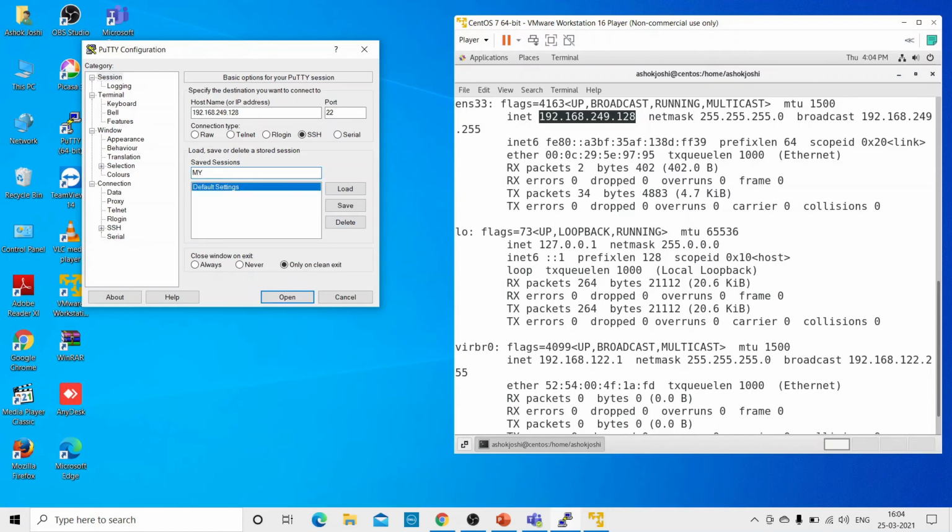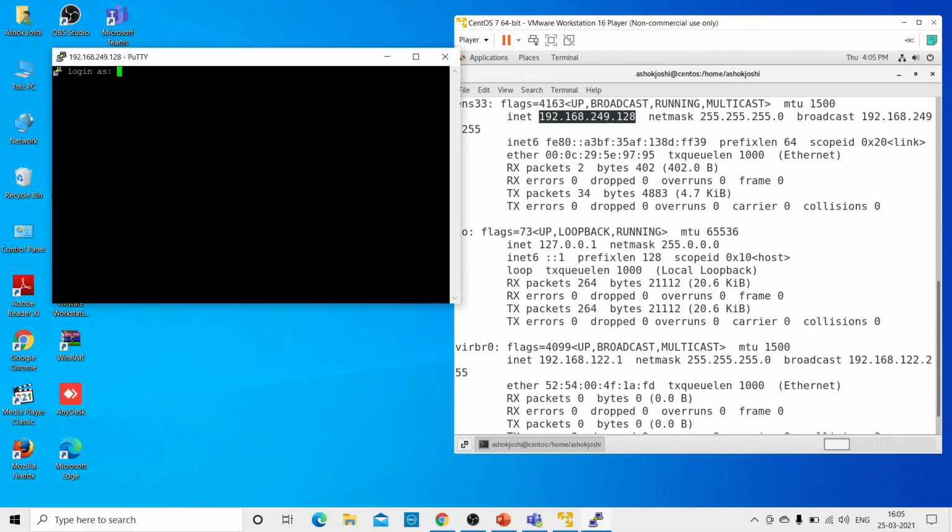Let me write my YouTube session, and save it. After clicking on open, you will get the PuTTY terminal. So through this terminal, you can access the file system of this particular machine.